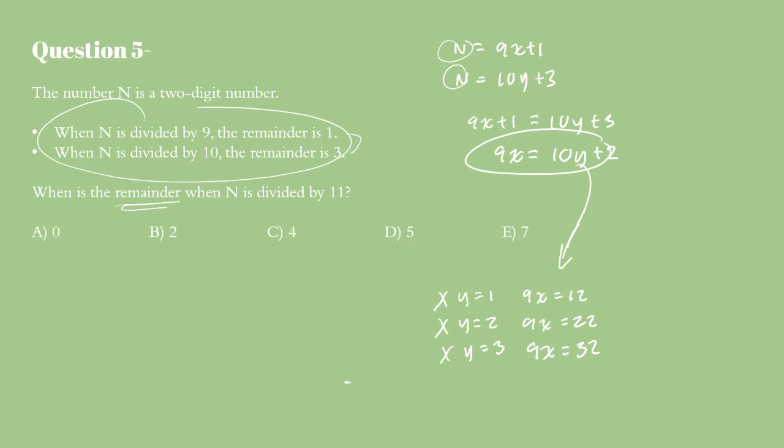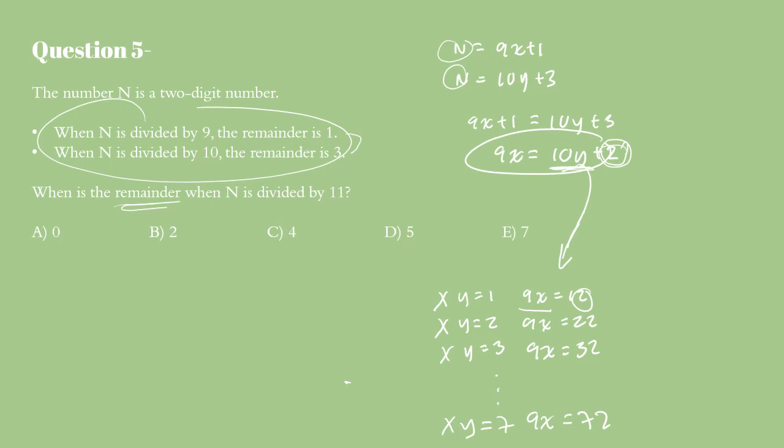But here's just a quick trick. 9x has to end with 2 because of this, and 10y will never change the units digit. So what is the first multiple of 9 that ends in 2? The first one we can think of would be 9x equals 72. When does that happen? When y equals 7. Oh, isn't that just lovely?